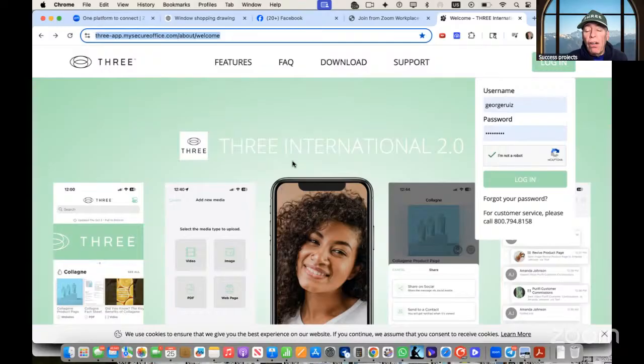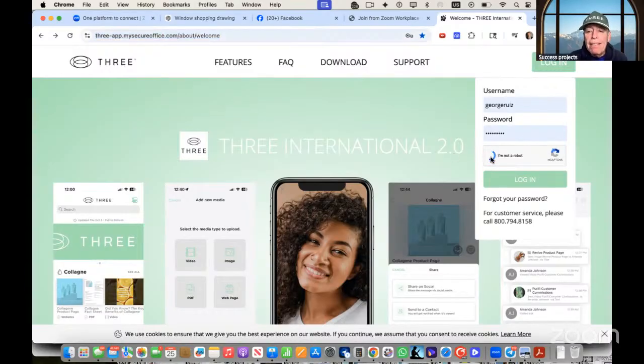You can also access from the phone the same way that I'm showing you, but this is mostly built for the desktop side. On the phone version, you use the regular app that I'm gonna go through in a couple of minutes. But anyway, your username is the username that you have for the back office, and the password is the same password that you had for the back office. When you click in here and log in,